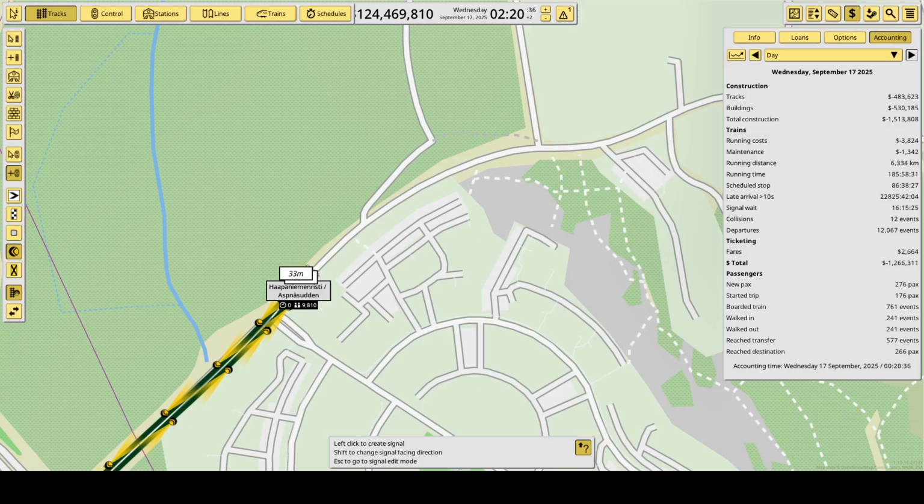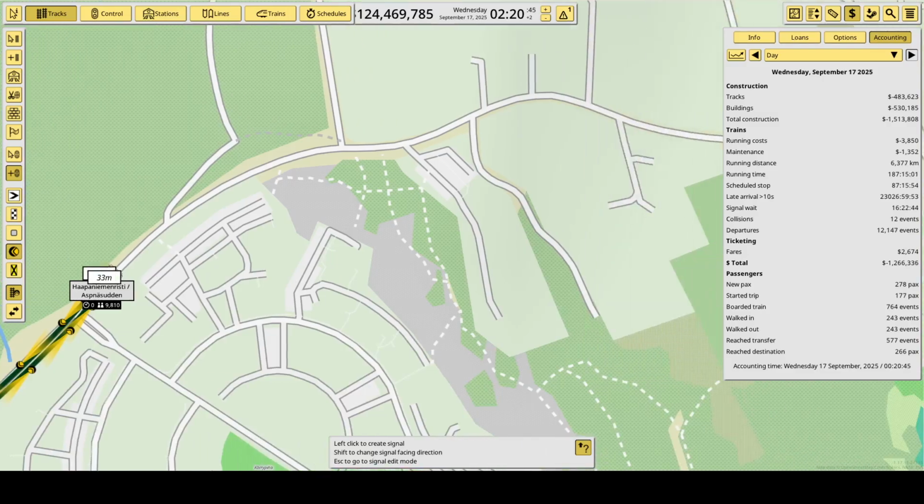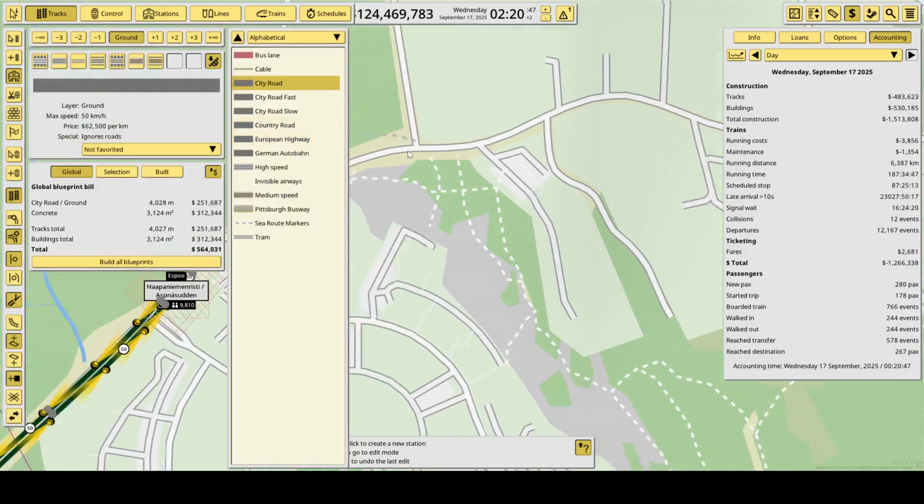So next we stop at Rajaportti, Råporten, which is over here.